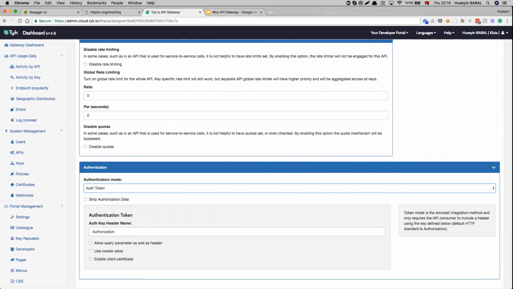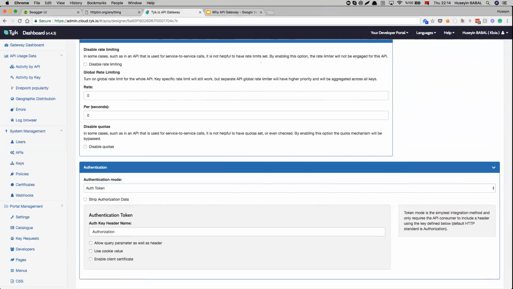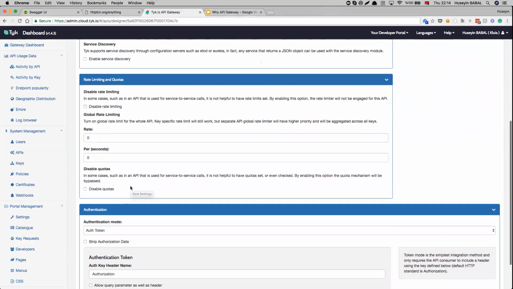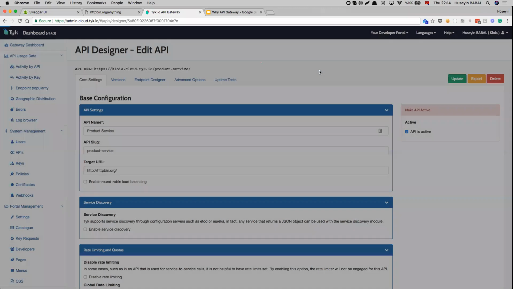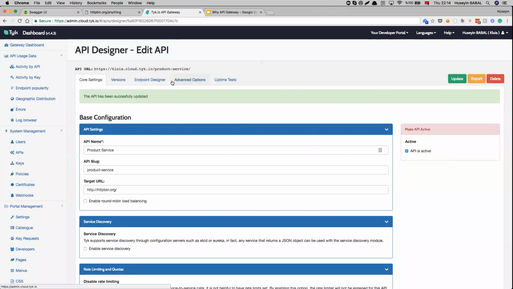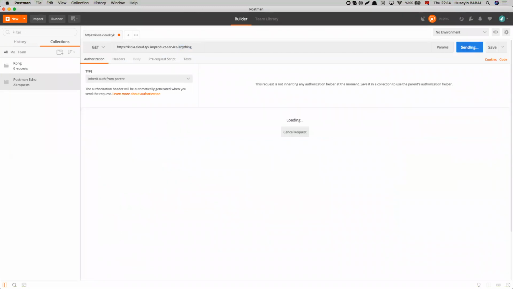You can provide your token as a query parameter, or you can even provide your token or some authentication keys within your cookie. When we update this API,